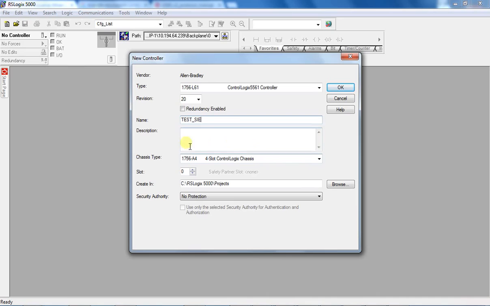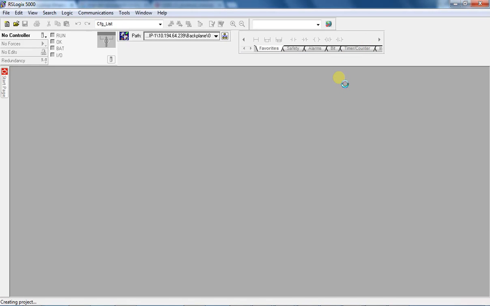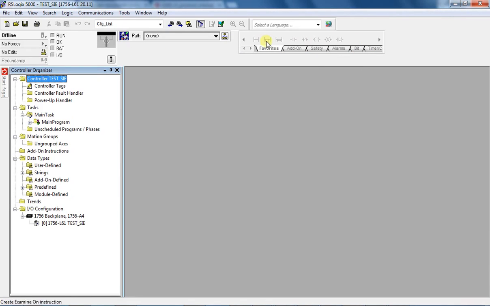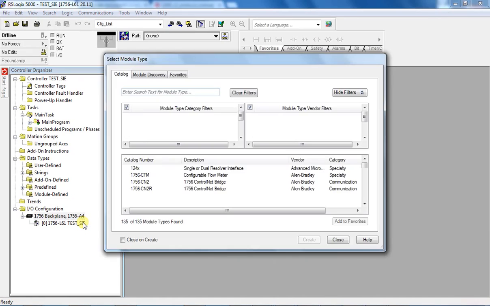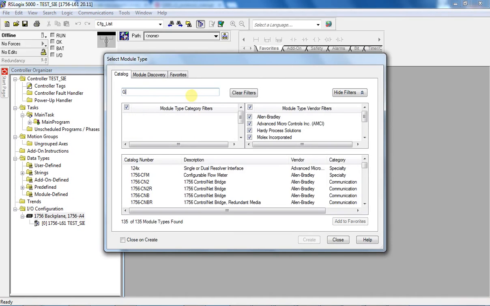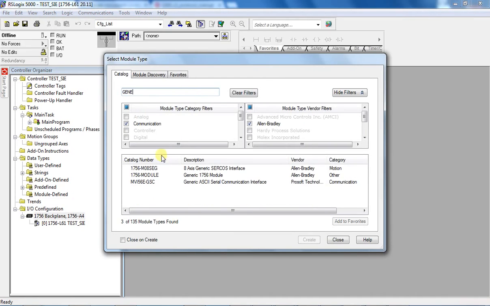Make sure that this is our controller, the slot is at 0, and we create it in a directory that we want to create. Then we click OK. So once that is done, we want to add a new module. Add a new module. The SIE module is a generic module. So generic module we create,